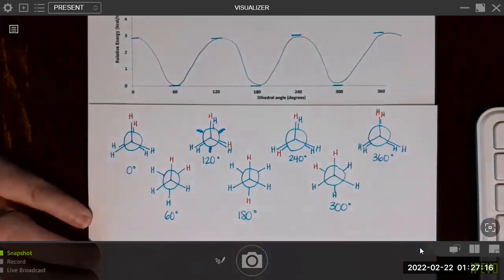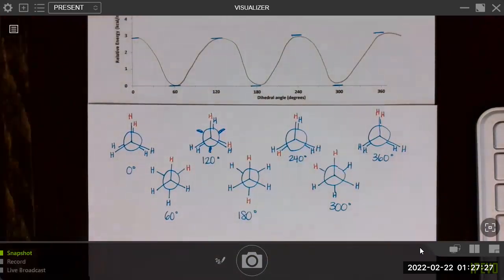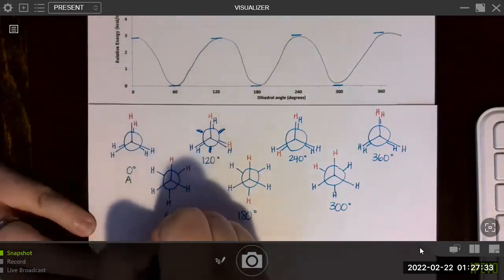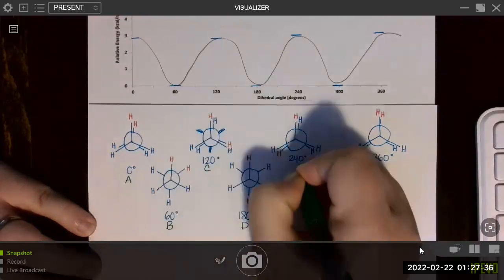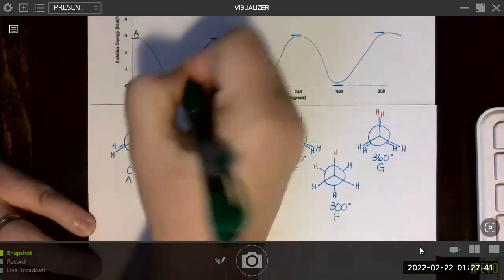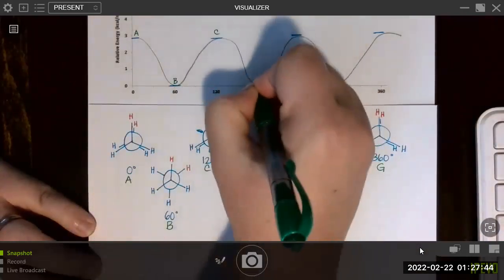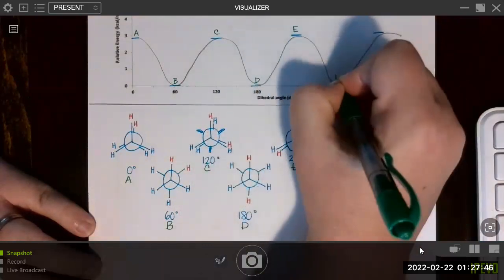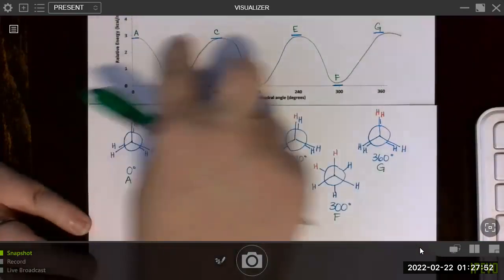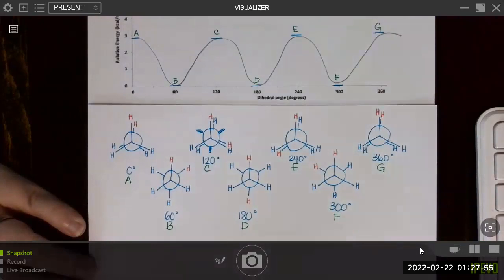Obviously, we're not all artists, but we try to do the best we can there. And you could number this however you want to do it, right? We'll call this A, B, C, D, E, F, and G. Then I can just come over here and label those points. I just wasn't confident that I could put all of this right onto that graph along with this wave.